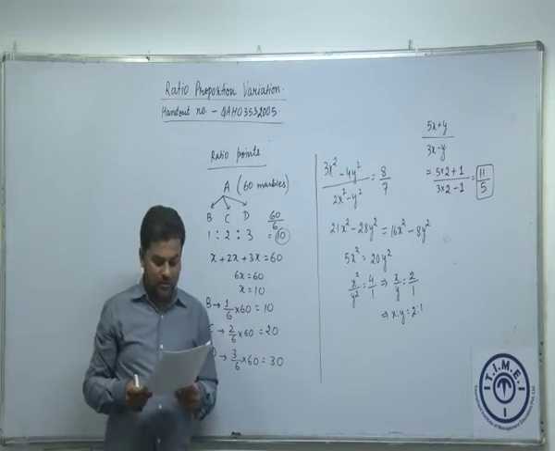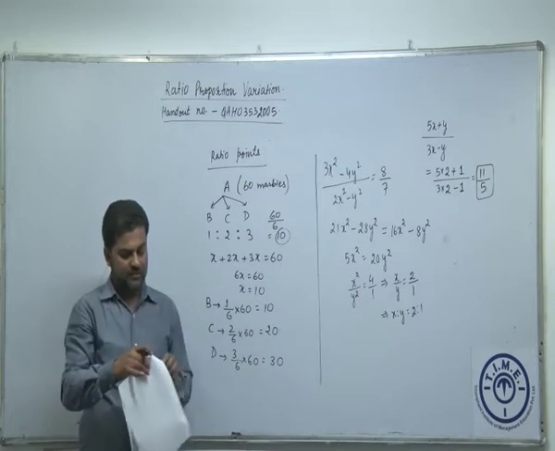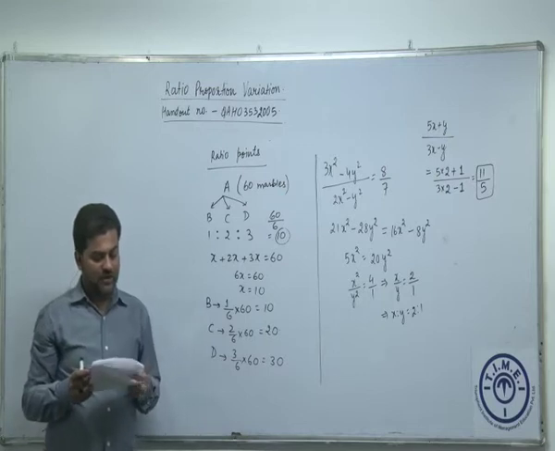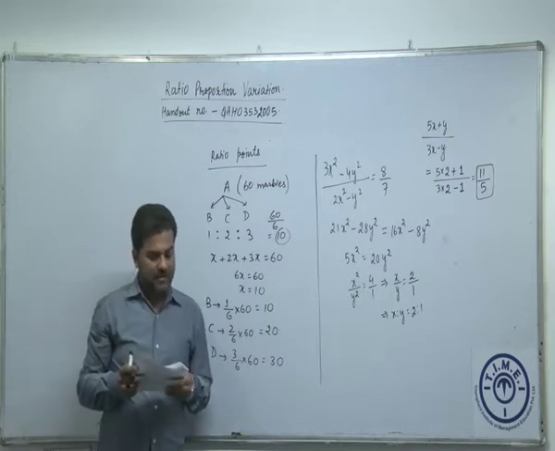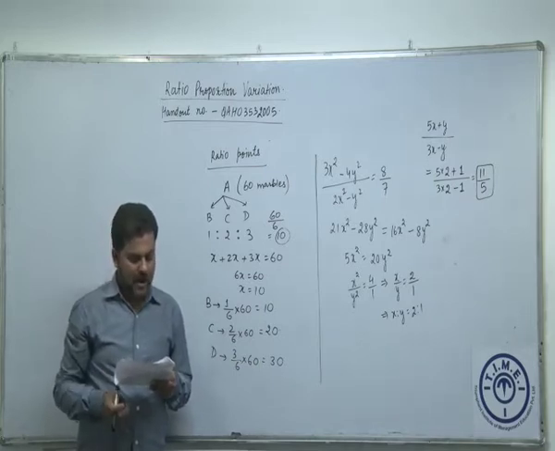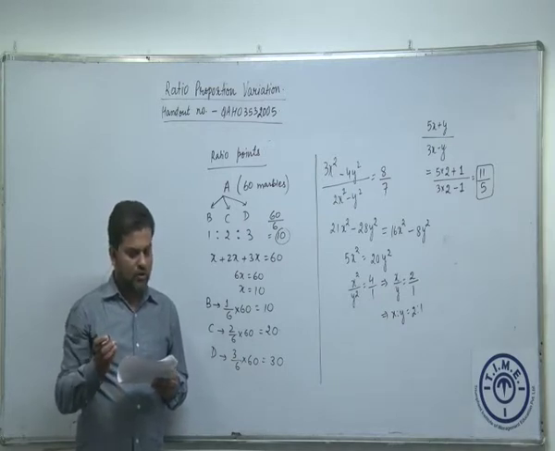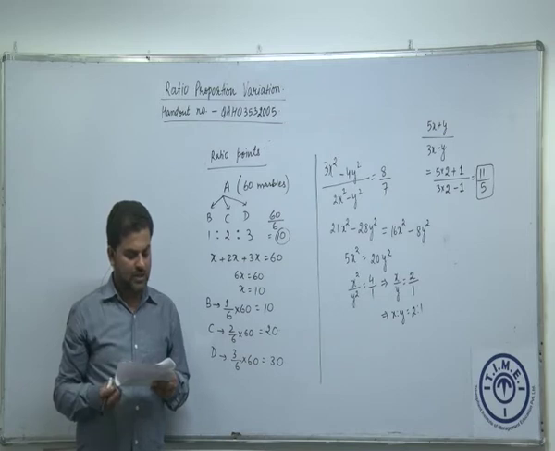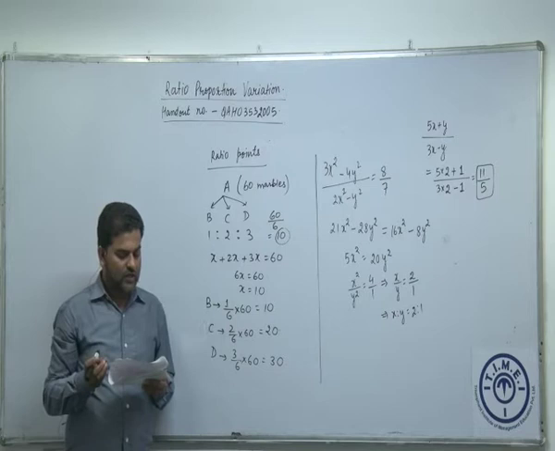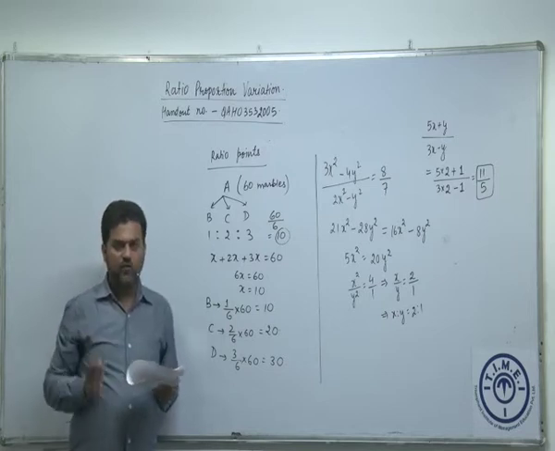Let us try question number 19 on the second page. Let's read the question carefully, see what is given and what is required. It is saying that the ages of three persons, P, Q and R, are in the ratio 2:5:9. If the difference of the ages of P and R is 21 years, then find the age of Q.